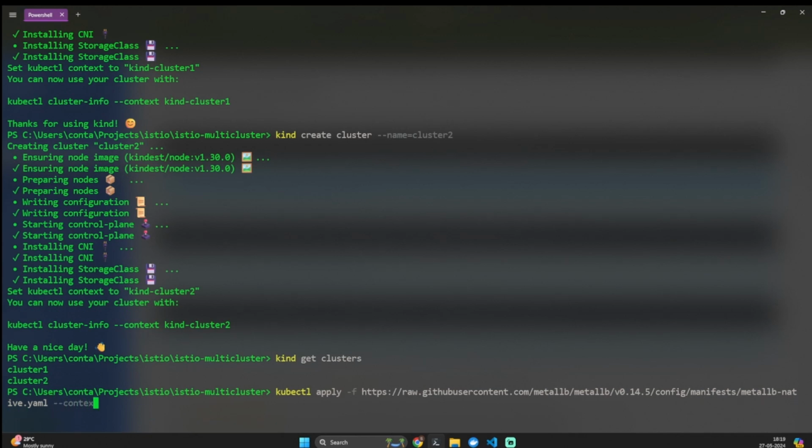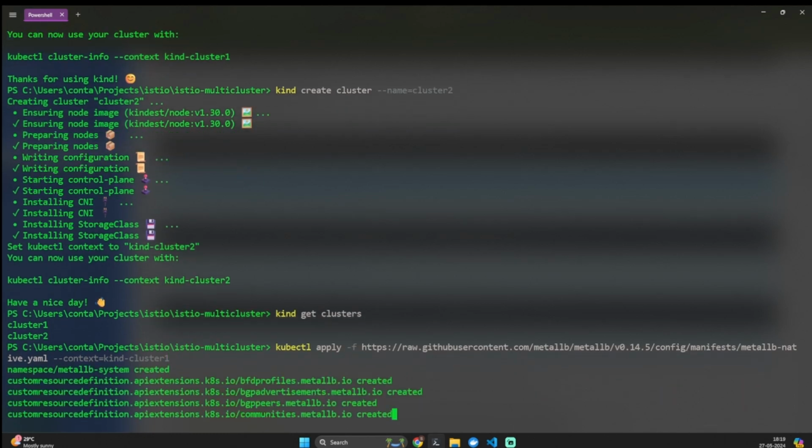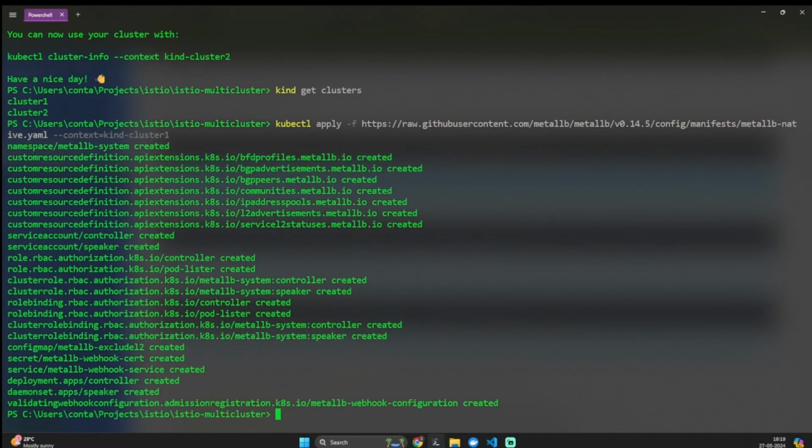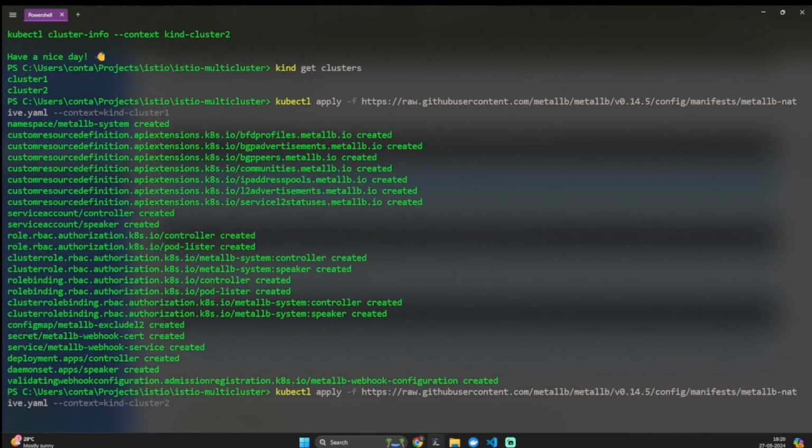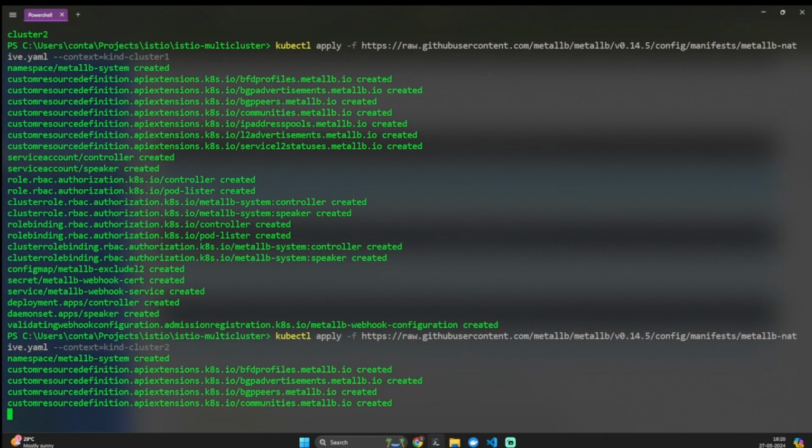So the context will be kind-cluster1. So this will install MetalLB in cluster 1. And once this is done, we need to do the same for cluster 2. So let's change to cluster 2 and install in cluster 2 as well. Okay, so MetalLB is created. Now we need to